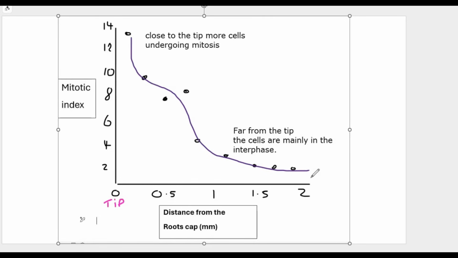And then what can we infer about the line? Actually, there shouldn't be a line here. On the actual picture, the line stopped here. So you can infer something from that. The fact that it rapidly drops off to 0 means there are no cells dividing. The mitotic index is 0 there. And we can also say that after 2 millimeters, no cells